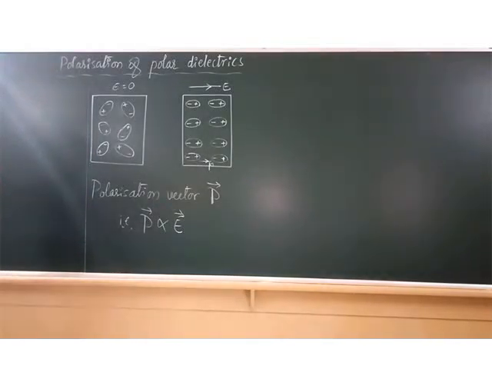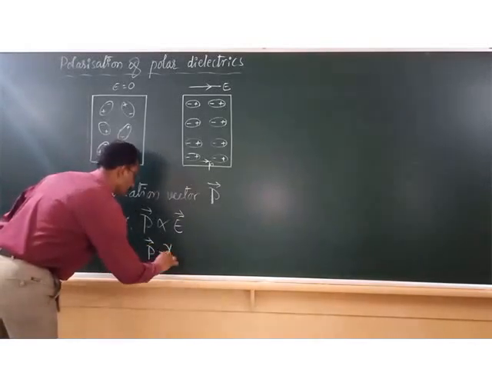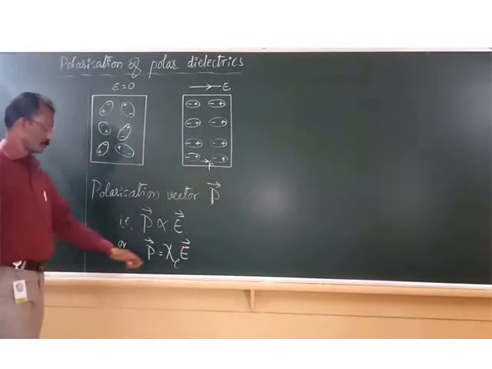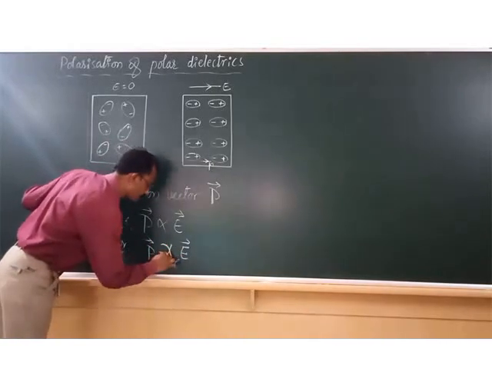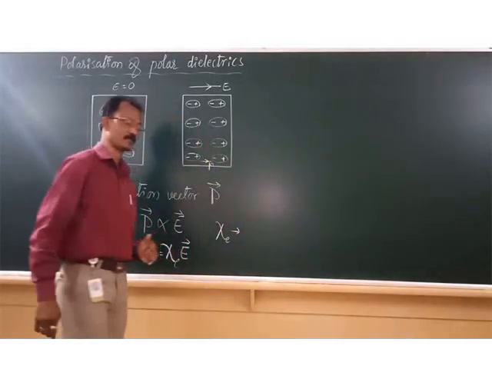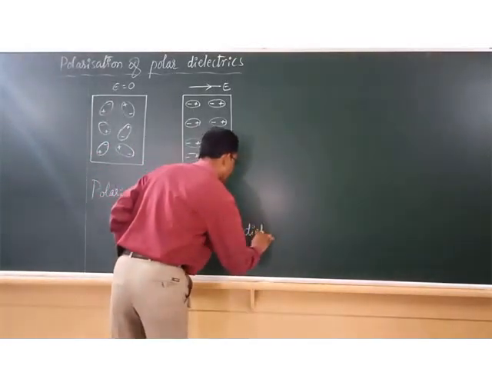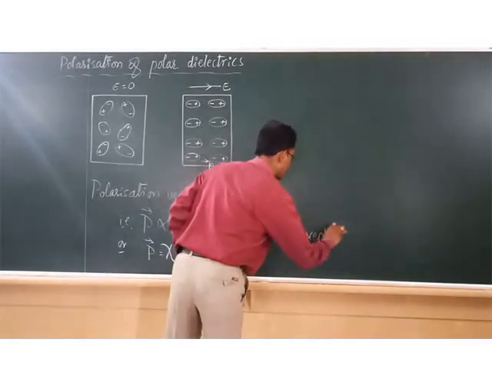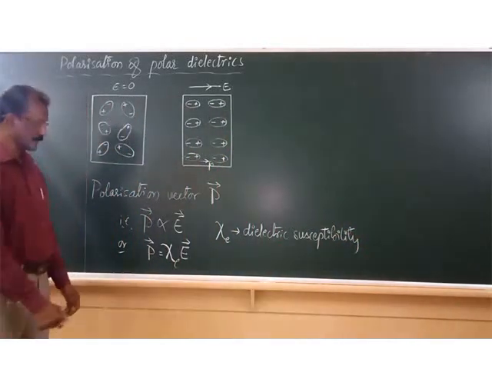P is proportional to E, or the polarization vector P is equal to chi times E, where chi is a proportionality constant called dielectric susceptibility. Chi is called the dielectric